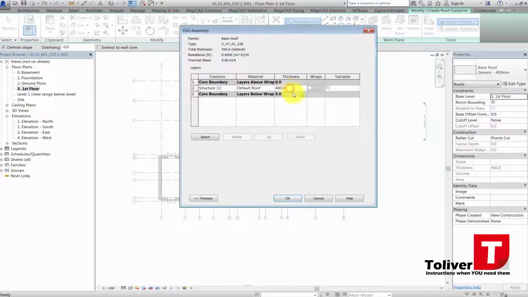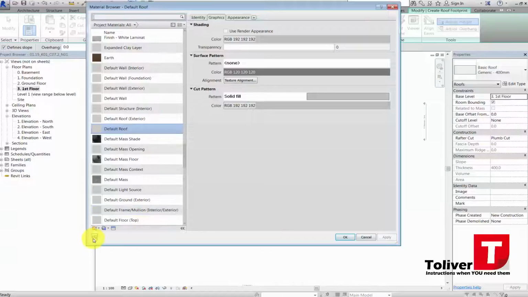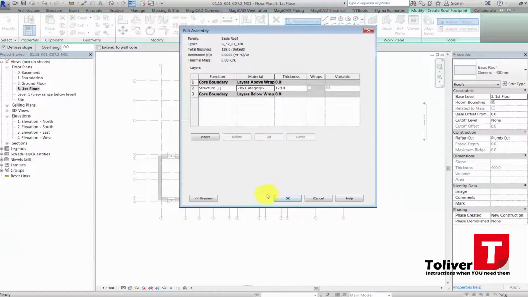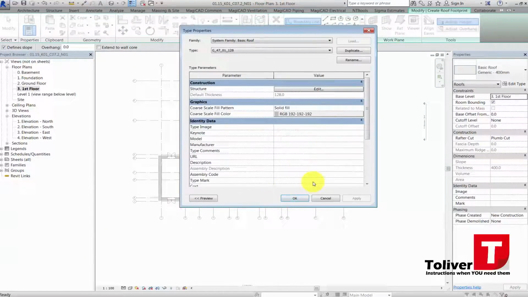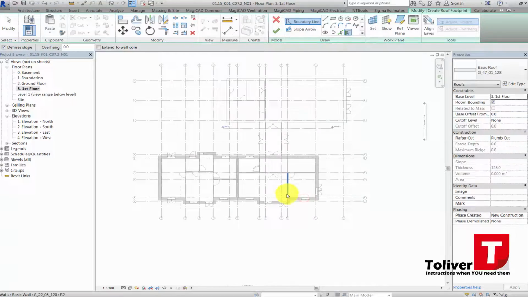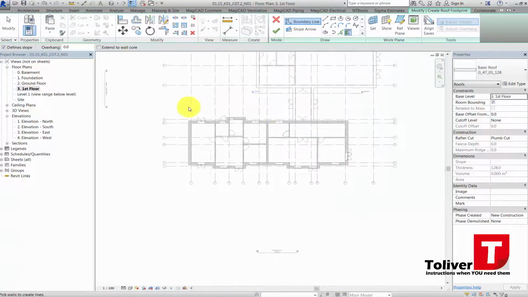Okay, 128, like that. And not default roof, but by category, like so. Okay, like that. Then I'm going to say I want an overhang of